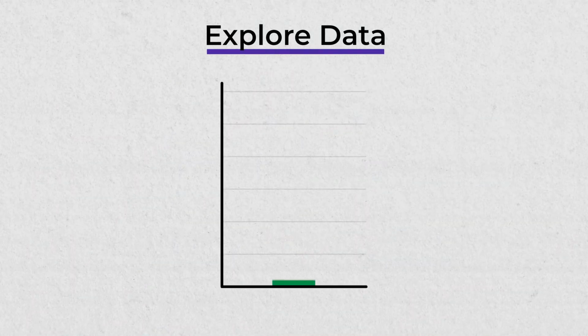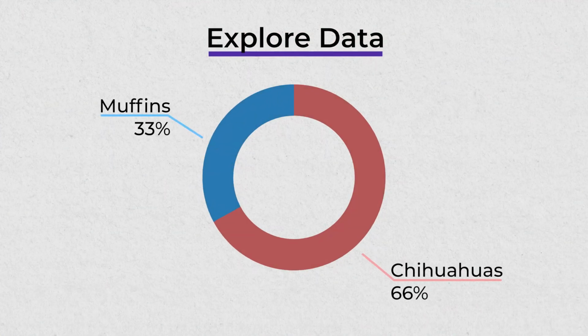Once our dataset has been cleaned, we can move on to the exploration stage. This is essentially the process of uncovering the unique characteristics in our data. For example, we may ask, how many photos are there in total? Or, are there more photos of chihuahuas than of muffins? In practice, we use statistical operations to ask our database these very specific questions. This is what we call querying a database. Pretty powerful, right?